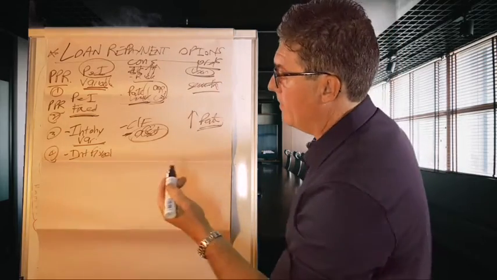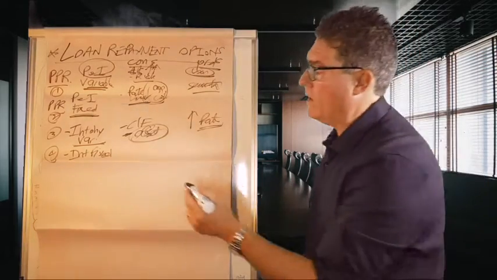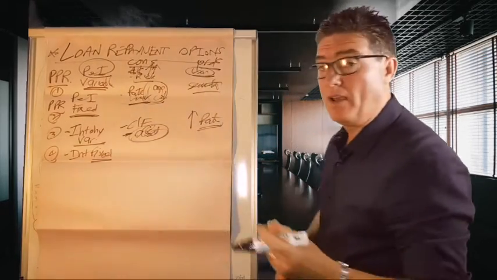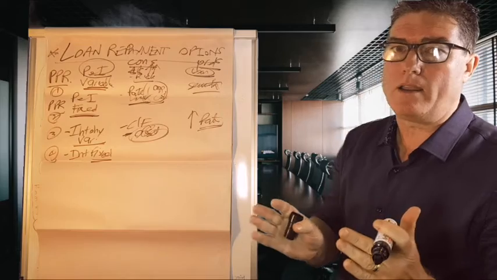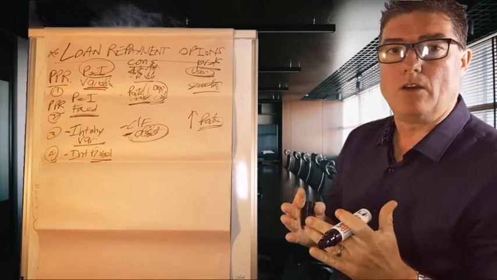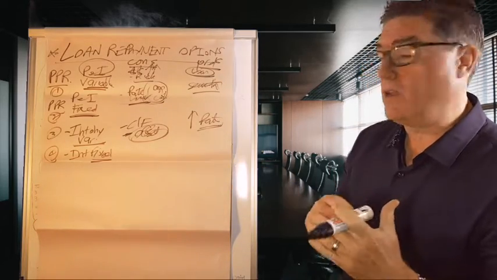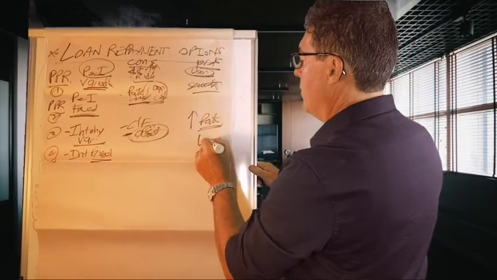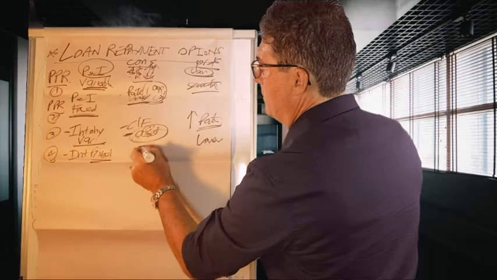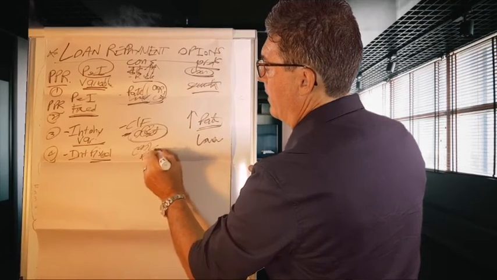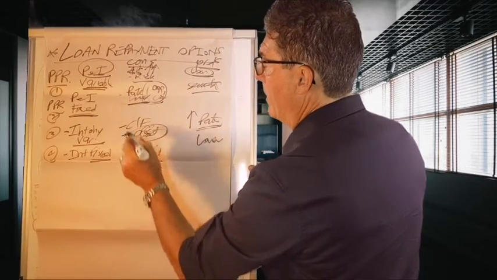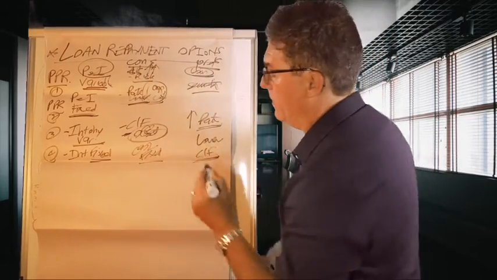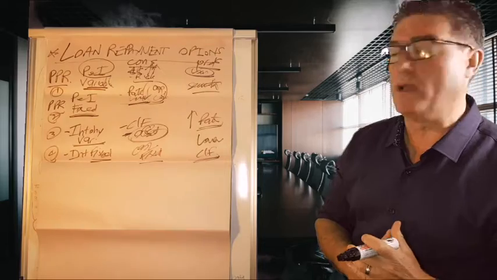Now, the other factor that is obviously here is you can get interest only and get fixed. Now, again, the con is fixed, it's locked in. Again, you can't get your hands on the money, you can't get out of the loan. But quite often at the moment, you can get a lower rate. So again, the pro is the lower rate, but obviously your cash is tied in, you can't get it out. But you understand your cash flow. So again, it gives you that security and sense of well-being as well.